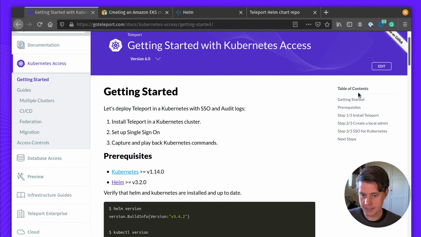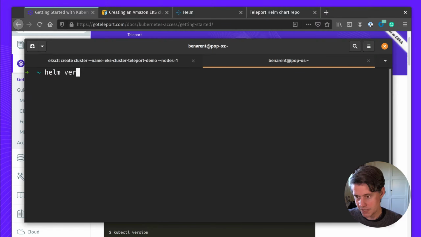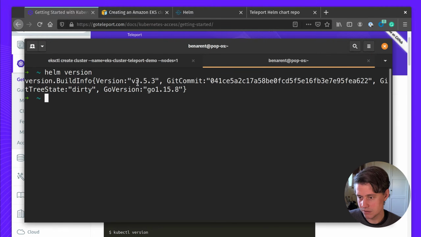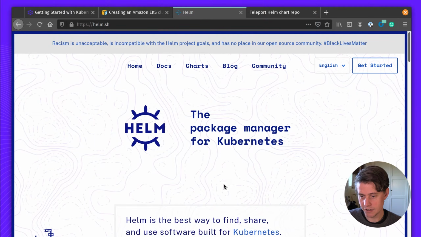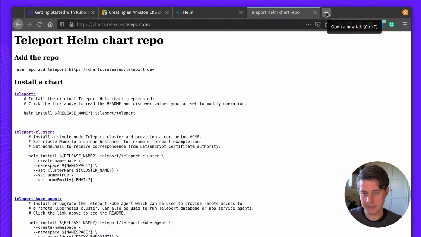You'll also need Helm installed on the local machine. On my machine, I already have Helm installed, version 3.5.3. For people who aren't familiar, Helm is a package manager for Kubernetes. We provide pre-built Helm charts that let you get up and running very quickly. These are available on charts.releases.teleport.dev. They're also available in our GitHub repo, so if you want to modify them and integrate them into your application,